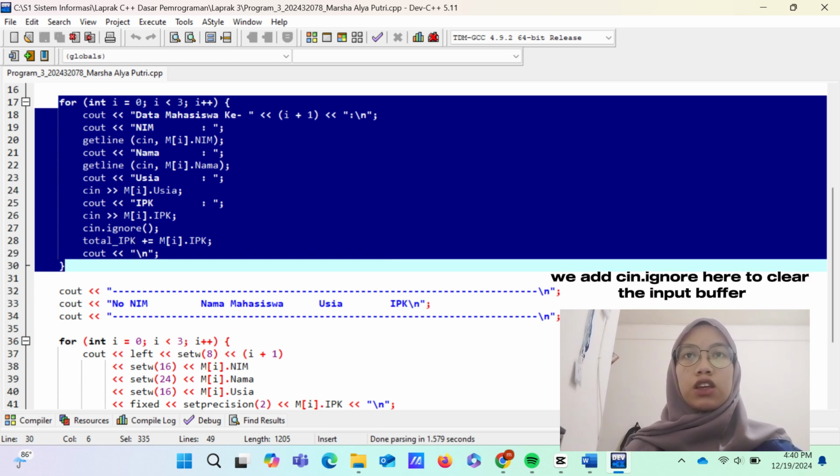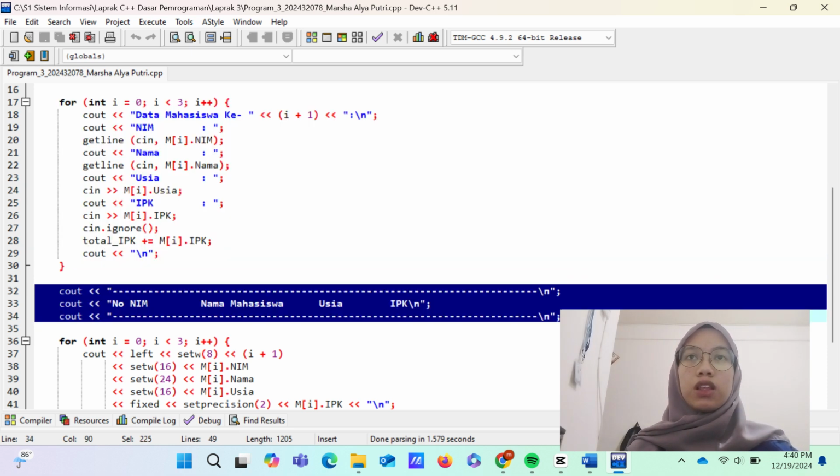We add cin.ignore here to clear the input buffer to avoid problems with the getline function in the next loop. The data we have entered before will be inserted into the table, but before that we have to create the table head with the following code.